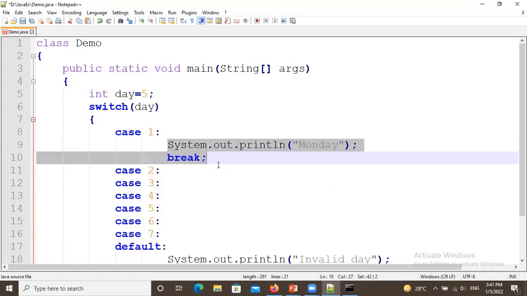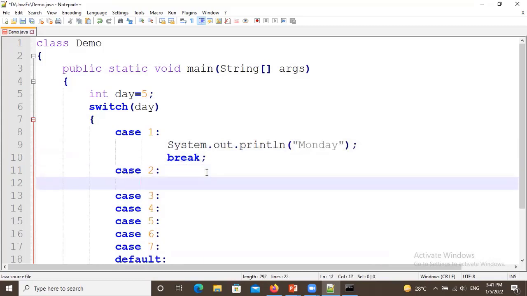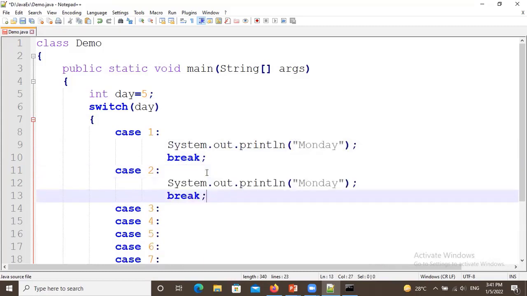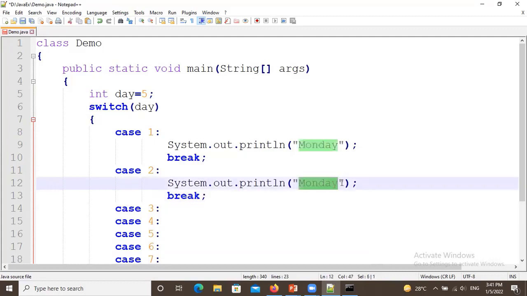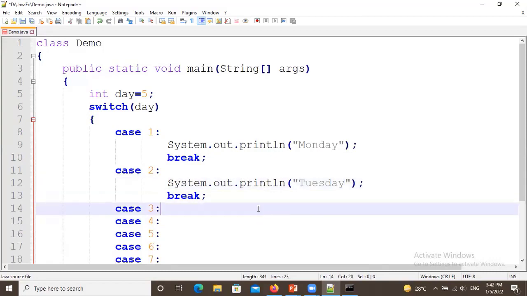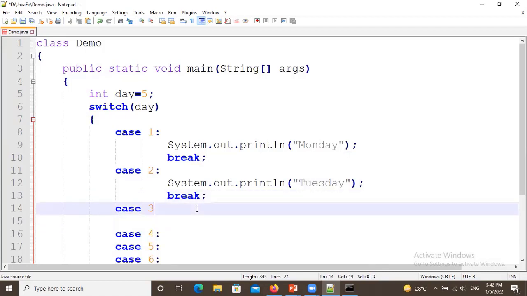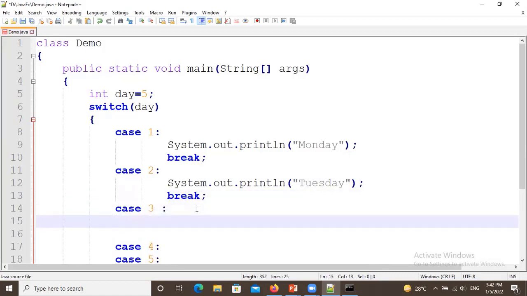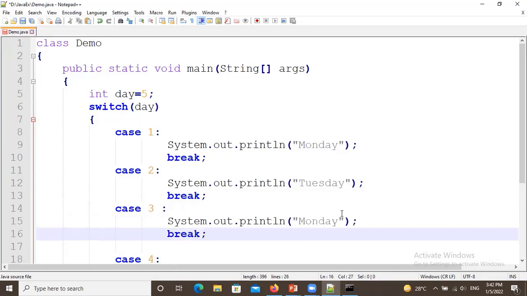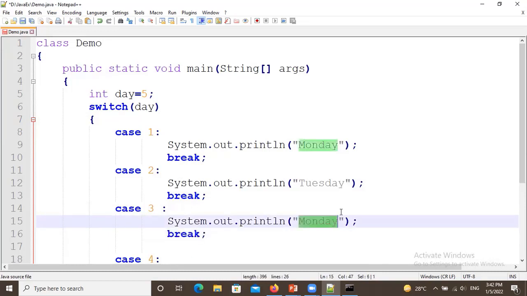If there is a case 2, it will follow Tuesday. If there is a case 3, it will follow Wednesday.